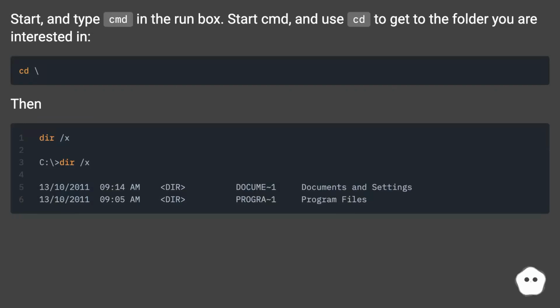Start, and type cmd in the run box. Start cmd, and use cd to get to the folder you are interested in. Then,